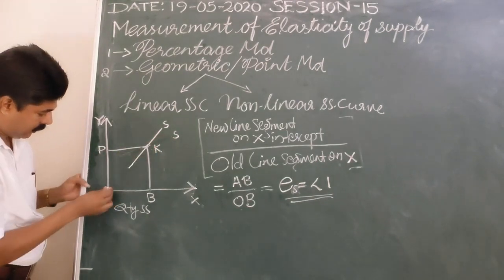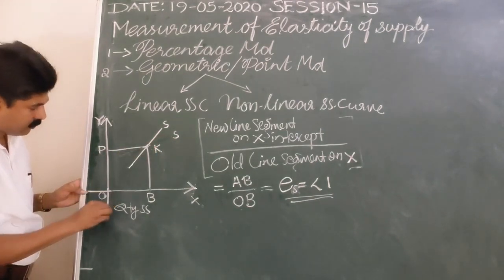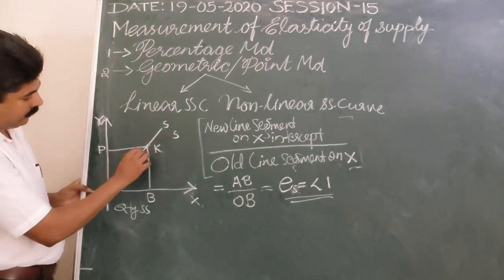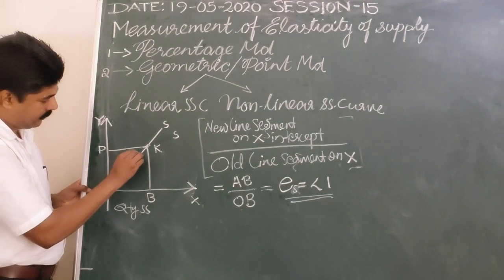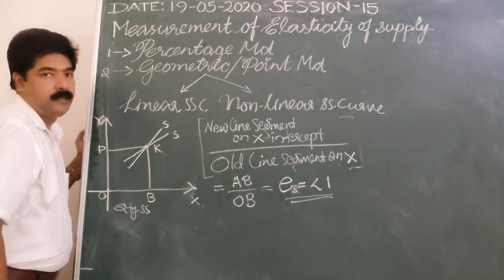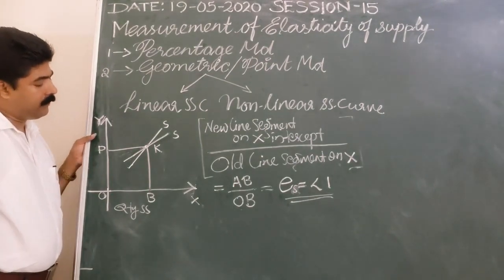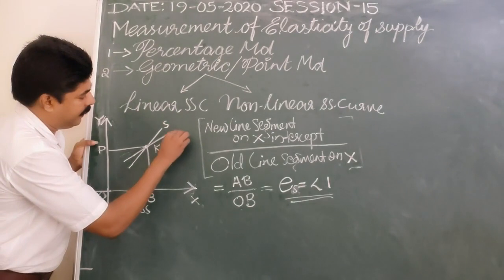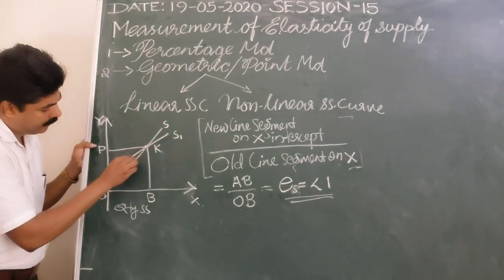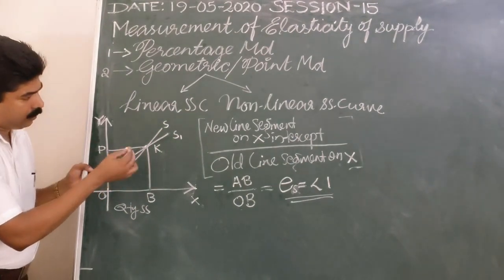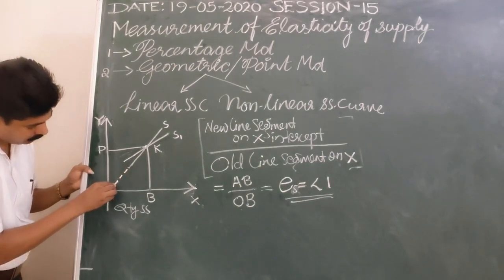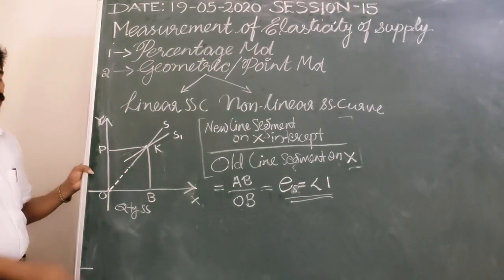I'm drawing here, the space is less, so I'm just making a little more vertical supply curve to get it. Nothing changes. Okay. X-intercept. So come to the point. Now the first one I am making is S1. This is S, the supply curve, and I am extending it, taking a new line segment towards the x-axis. It touches at the point of origin.